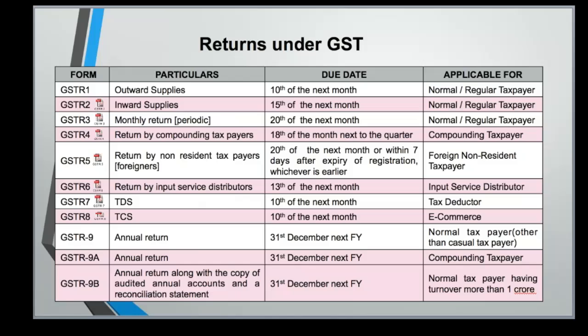Suppose I have uploaded an invoice of 1 lakh plus 18,000. I have given you an invoice, but at the time of uploading, inadvertently I have uploaded, suppose, 90,000 plus 15,000. So you have the option to go and modify the same, and you can change 90,000 to 1 lakh and 15 to 18. Once you do that, the law gives you some other procedure for how the recipient, the provider, will check.